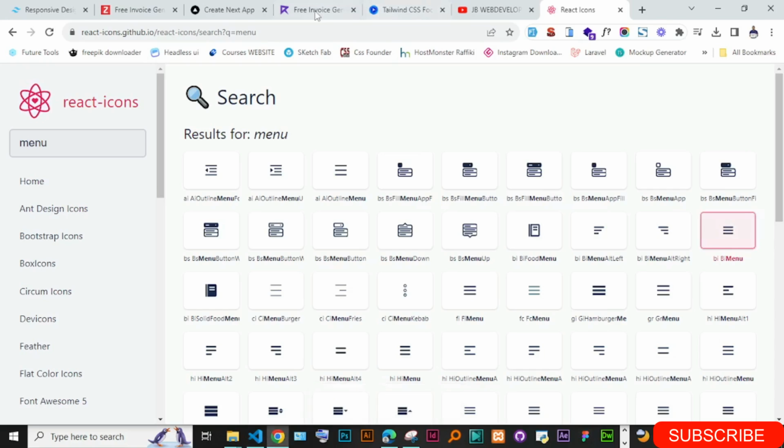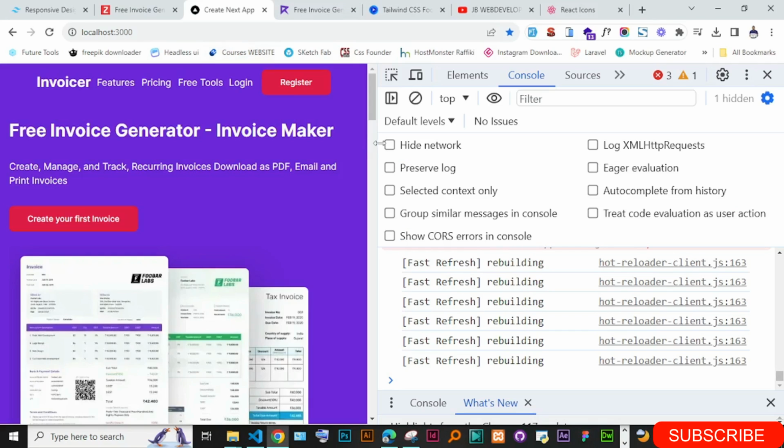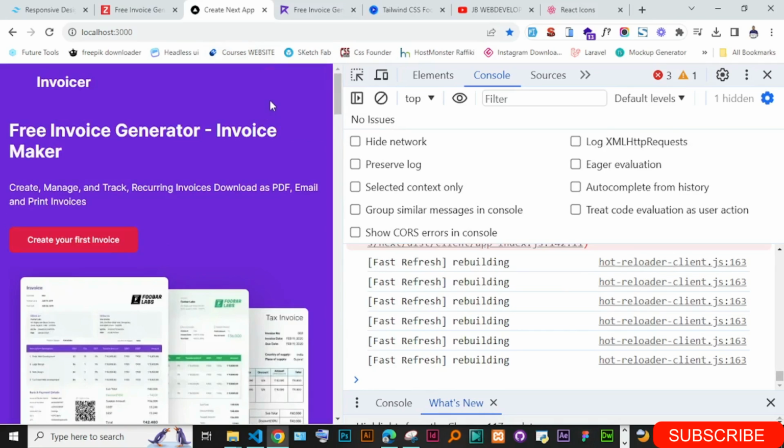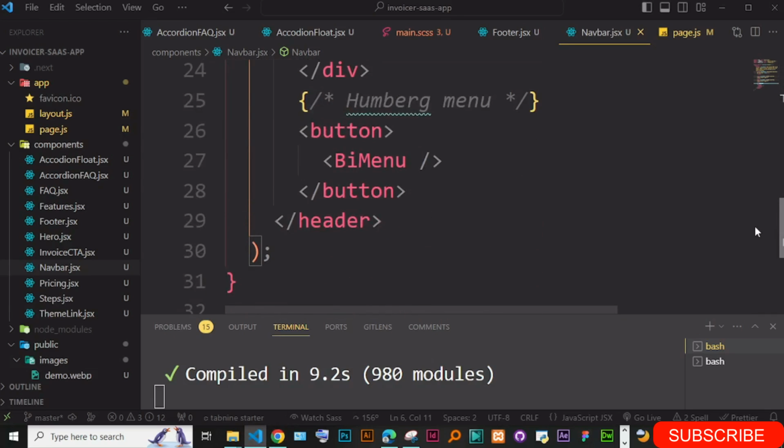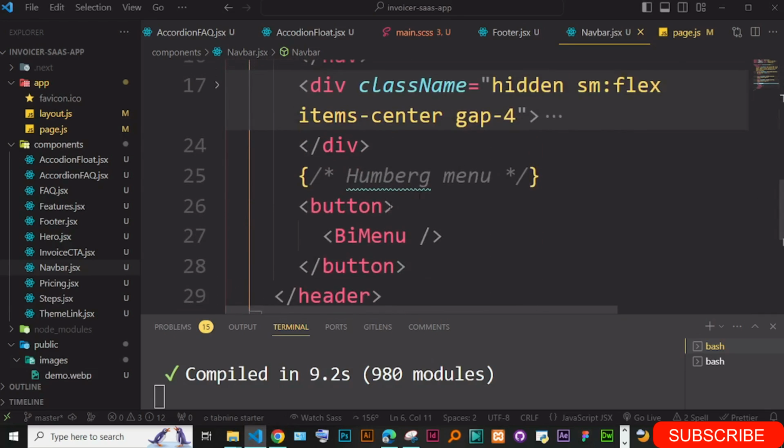Okay, just go and see how it looks. So you can just first go to this, and we see if it shows up here. Okay, so it has showed up, we can just increase its size slightly, and that means we could just go to the button here and give it a class name. So you could just give the class name to the icon itself. You just go here and you say class name, and then you could just add something like